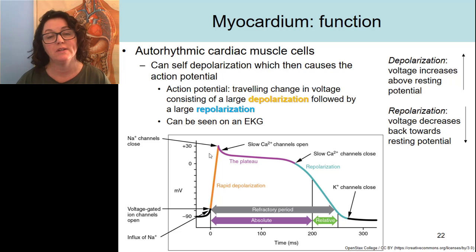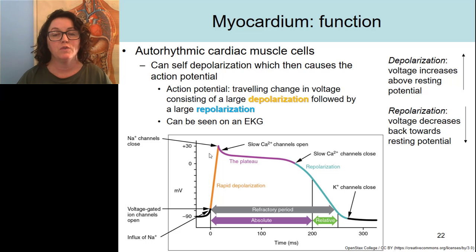At the bottom of the screen, we can see a graphical representation of an action potential for an autorhythmic cardiocyte. And we don't need to know this graph for testing purposes, but it does give us some information, and sometimes looking at a graph can be really helpful for understanding information. So on this graph, we see basically three types of ions that are important for this action potential: sodium ions, calcium ions, potassium ions. Don't forget that sodium and calcium are highly concentrated extracellularly, whereas the potassium is highly concentrated